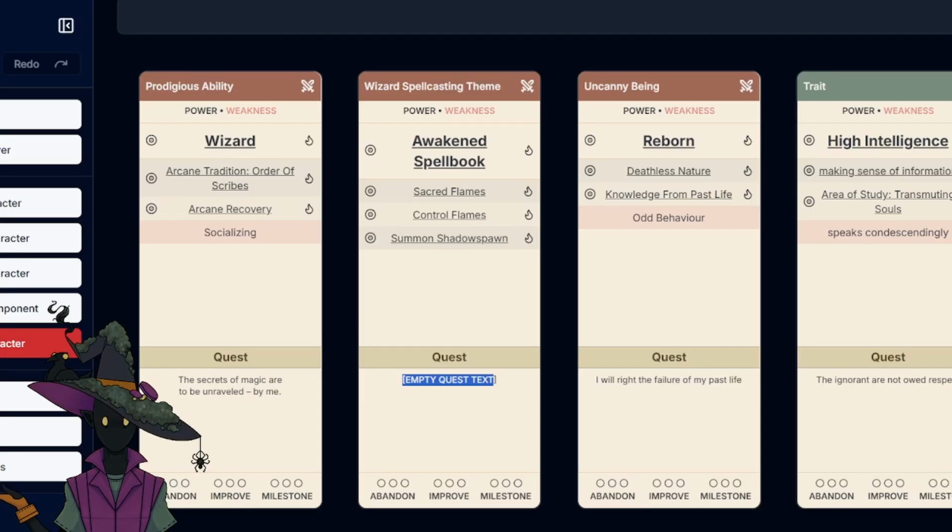So yeah, here's Gabriel, Legend in the Mist. A lot more concise, a lot less busy, a lot less numbers. To explain these quests at the bottom, this is how you level up in this game. So let's say your character had a quest that was like, I want to make the best sandwich. Each time your characters take steps to making that sandwich, you would mark a milestone. And when you mark 3, you can then level up. Gain new tags, change your tags, whatever.